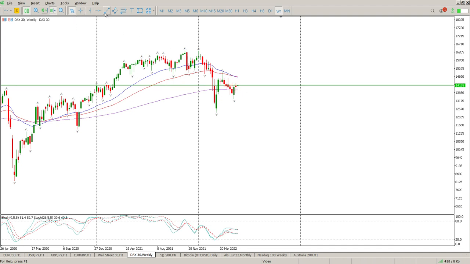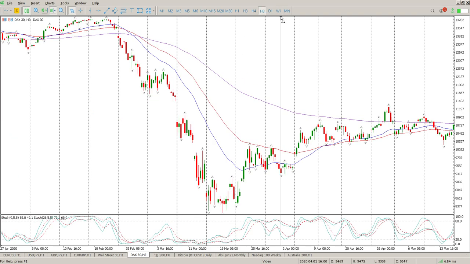Then the other thing that you need to bear in mind on the weekly is we are flirting with that trend line. So you can see there all the tails to the upside, that one touched, that one tried to touch, that one touched. So we're flirting with that area at the moment. So the minute you start coming down to the 8 hour,